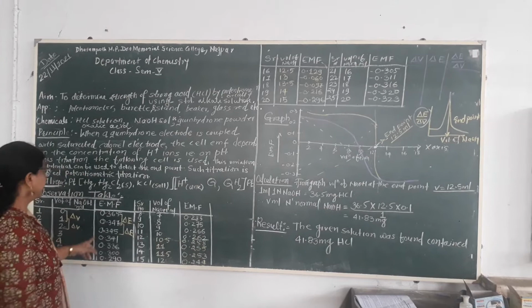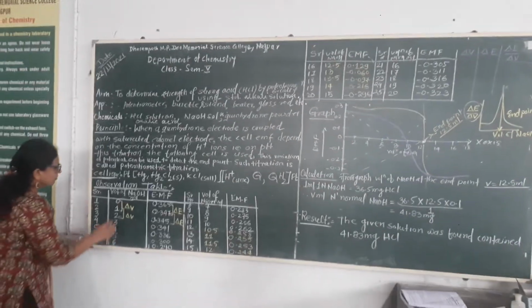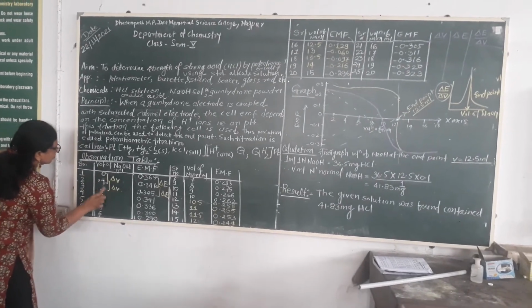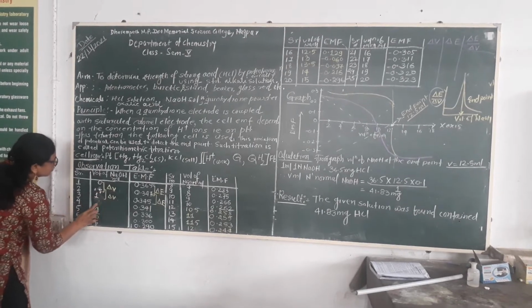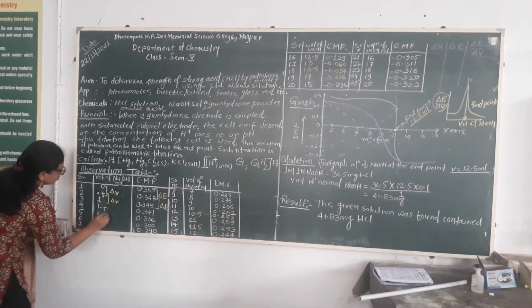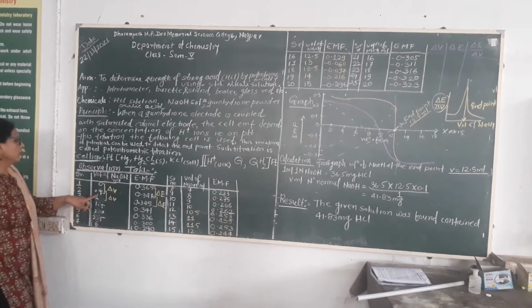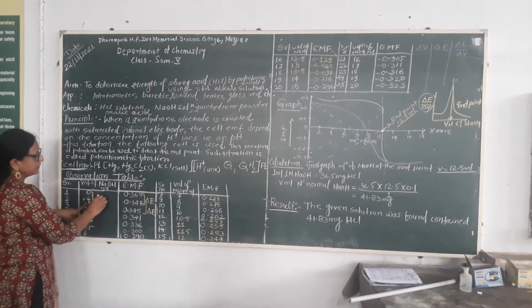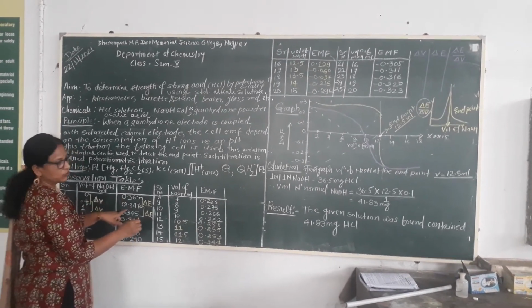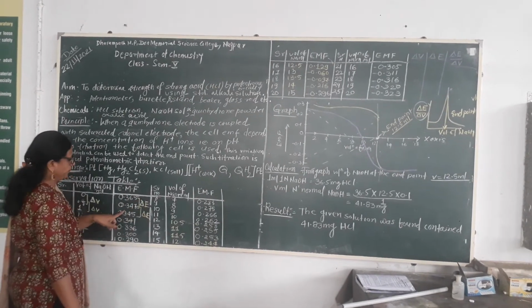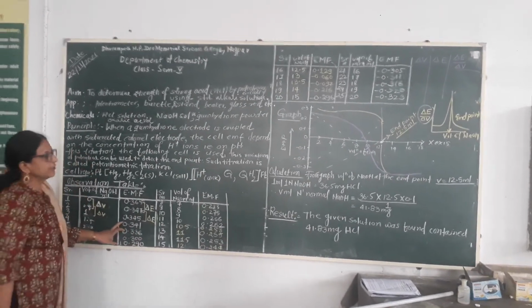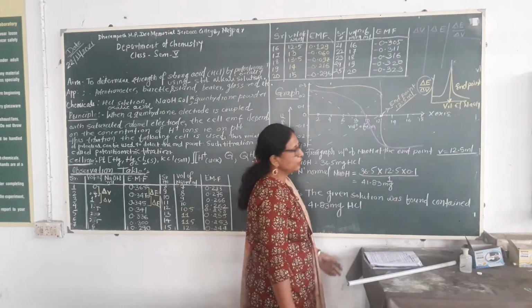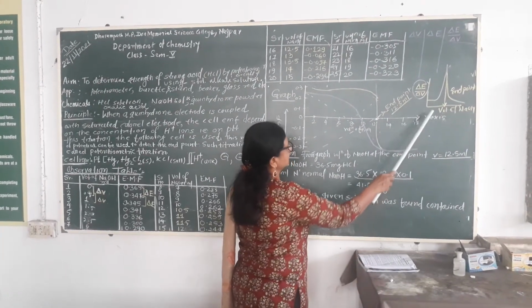Then how do we calculate delta E and delta V? Here, when we added NaOH like 0.5, then 1, 1.5, then 2, 2.5, from the reading 1 to 2 volume added here, this is the delta V, and the difference between E1 and E2 here is represented as delta E. Like this we have to calculate delta E for the successive readings, and we get delta E versus delta V values, and we can plot a graph like this.